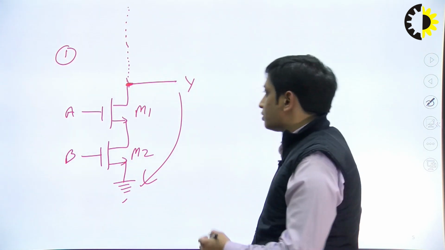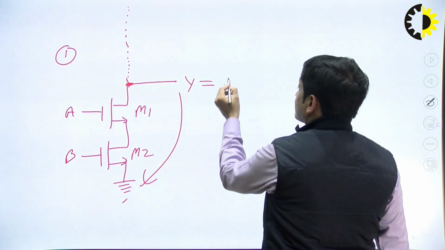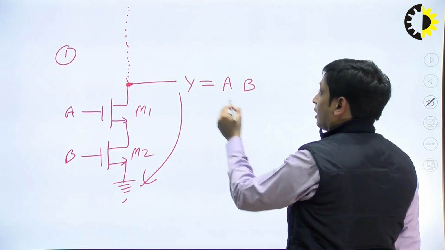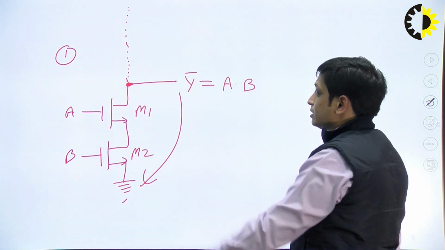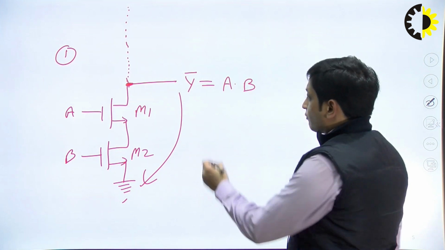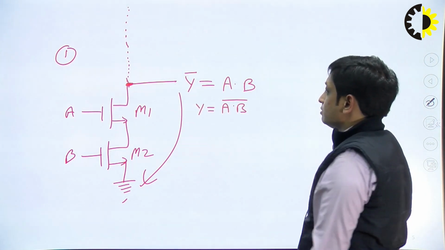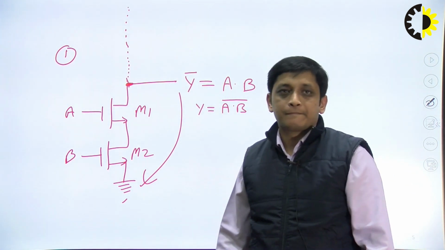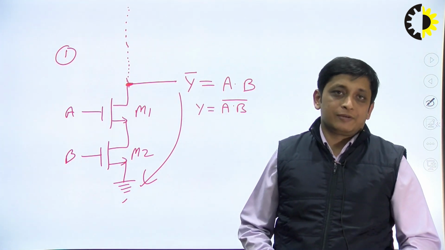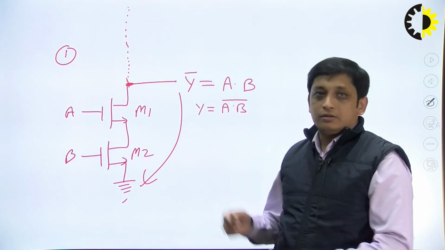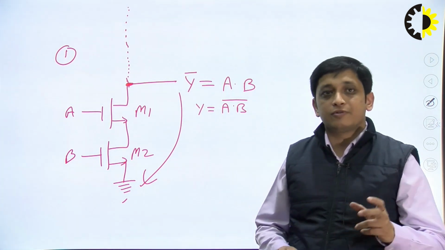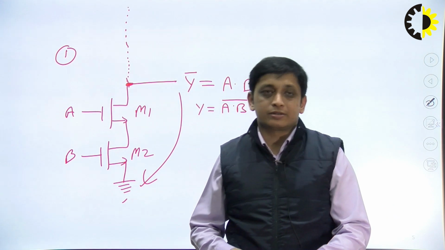It means both are important, so we can write it as A dot B, and the output goes down, so we can represent it as Y bar. So what will be the value of Y here? It will be A dot B whole bar. So if there is a dot operation with inversion, then NMOS transistors will be connected in series,